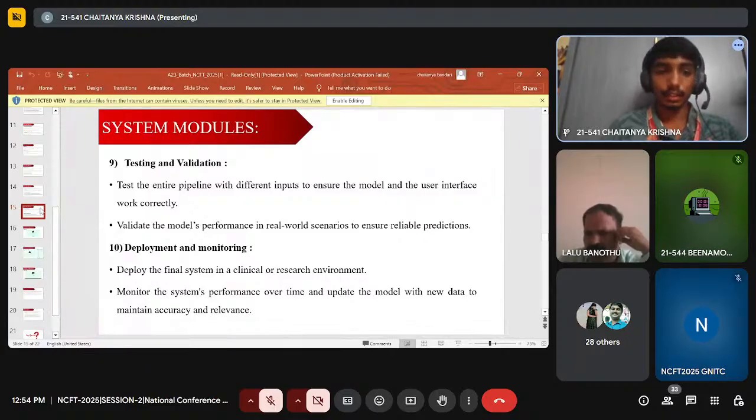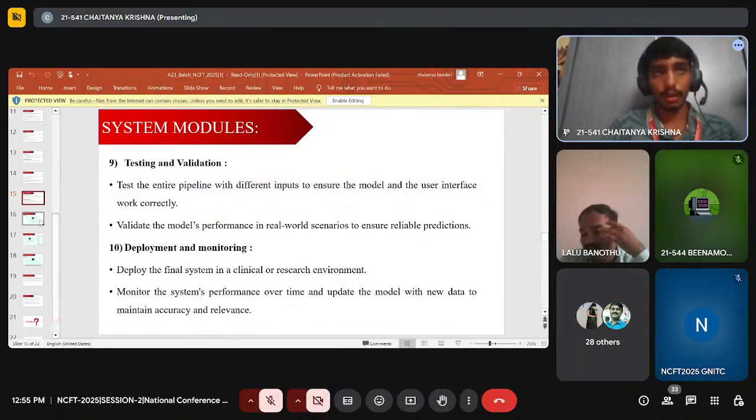Testing and validation: test the entire pipeline with different inputs to ensure the model and the user interface work correctly. Deployment and monitoring: deploy the final system and monitor it for a day or two for accurate